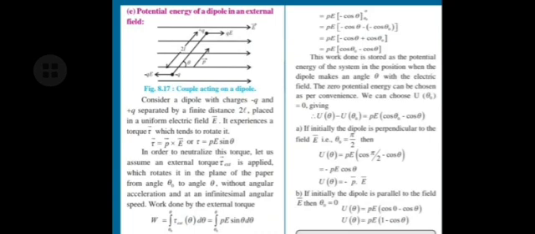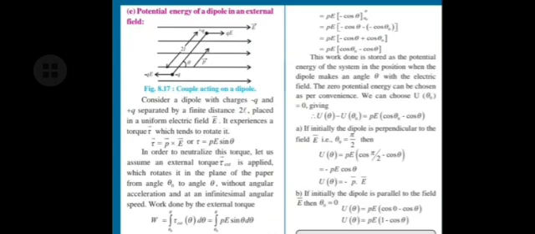So remember, this electric dipole moment is equal to 2QL. Do you remember? Yes. So this is the same electric dipole moment. So let us come back to our original derivation. So tau is equal to P cross E. Here E is the electric intensity of the field. Because it is a cross product, we have to add a sine theta. So tau is equal to PE sine theta.